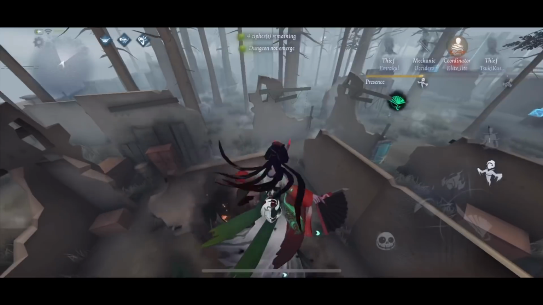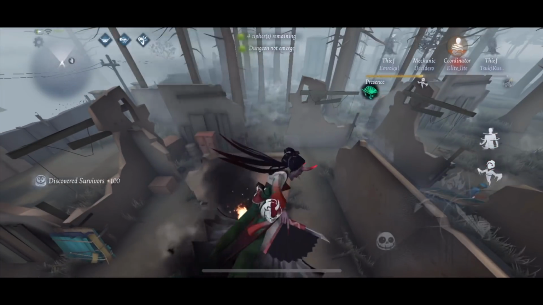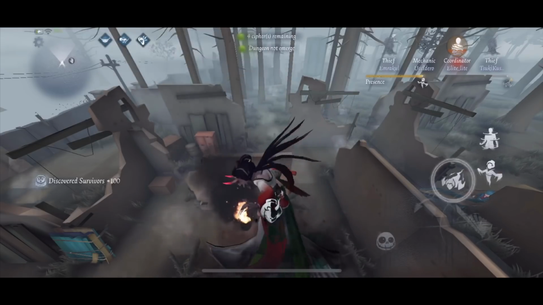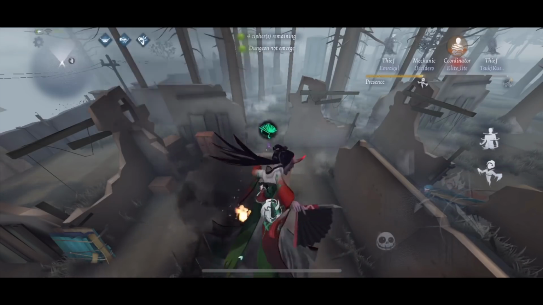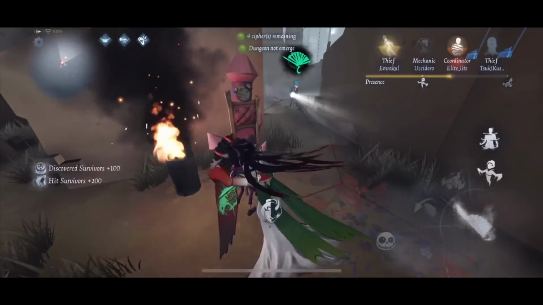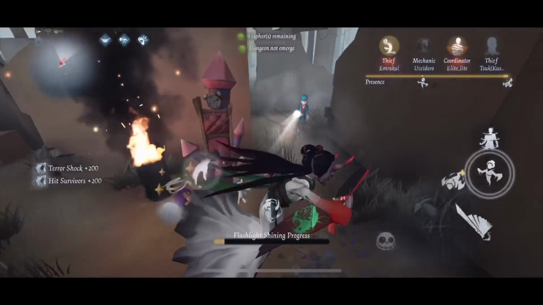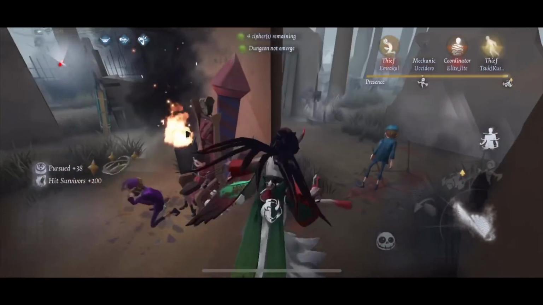They're going to come for the rescue, and this takes a lot of practice, guys. I'm going to drop down, and as I'm dropping down, I'm going to swing and hit once. And then immediately I have no recovery, and then I can hit again, see? So I hit once, and I hit twice, Terror Shock. That's that with no recovery speed. And it's one of her greatest...